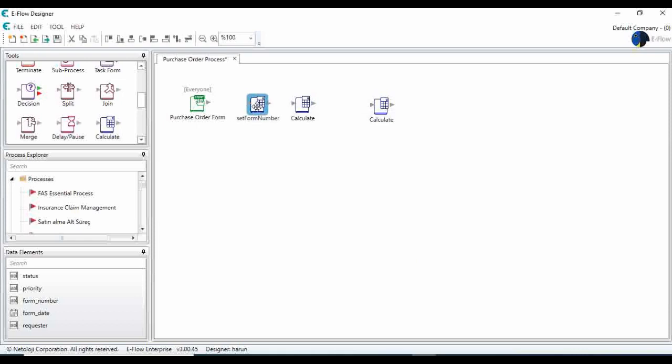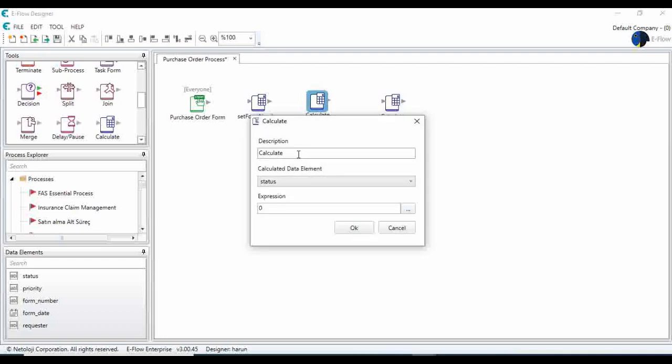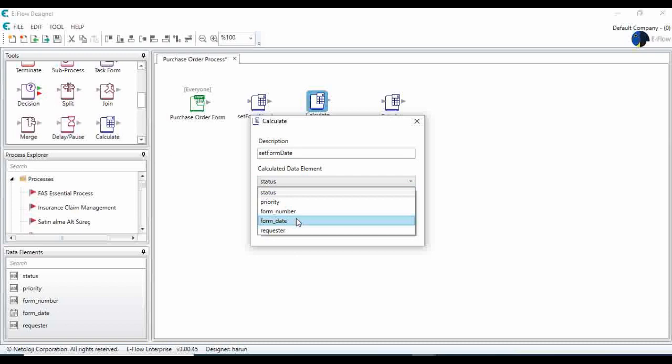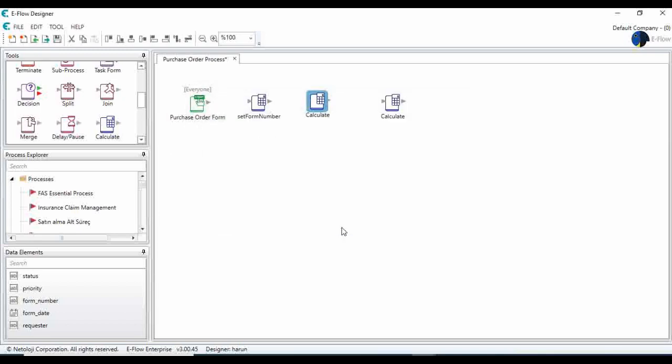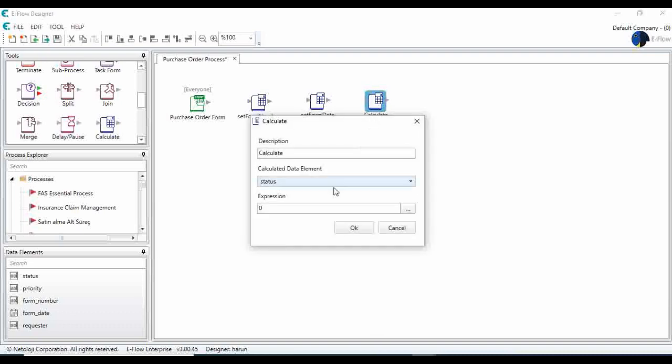This will be my form number, the initiator ID, and let's set the form date by selecting the data element as form date and the formula as now. This will set the date of today to the process,